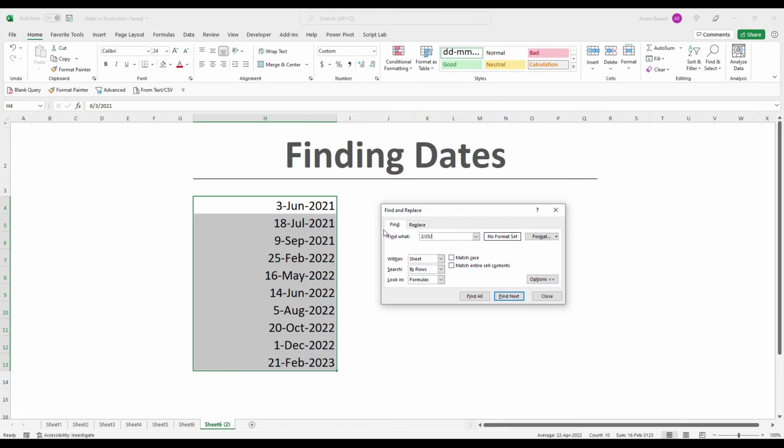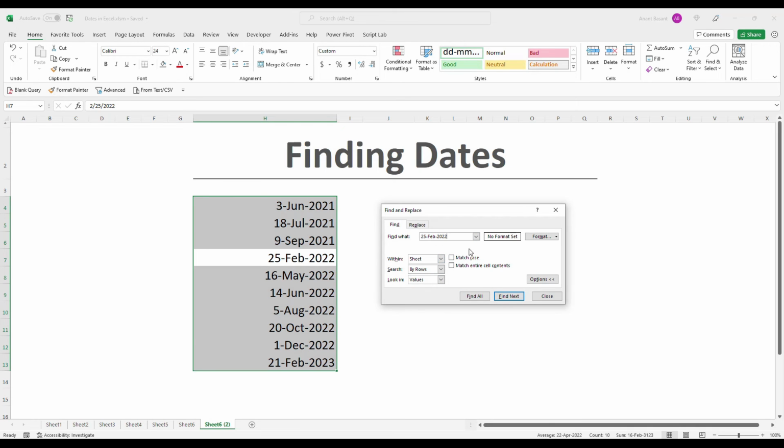If you type it in the format of the formula bar and then click Find Next, it finds it because now what is written matches the formula bar text. If you want to find 25th February written like that, you have to make this Values and then find it, and then it will find it. So you have to be careful about that.